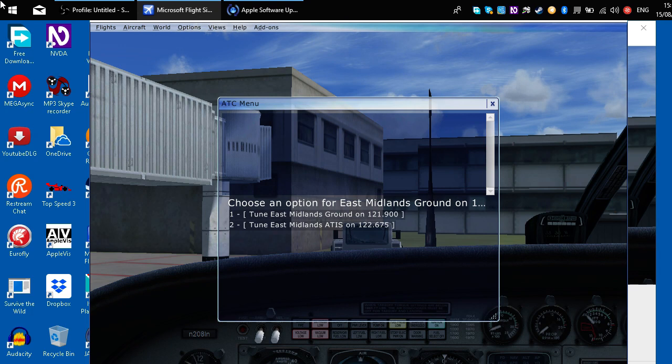So once you've updated your navigation data, you have two options for flight planning. The two websites are SimBrief and Online Flight Planner. Online Flight Planner I find is best for general aviation aircraft or shorter flights because it is very simple. Its interface isn't cluttered at all. It's pretty easy to make a flight plan, and it just gives you what you need to get you there,